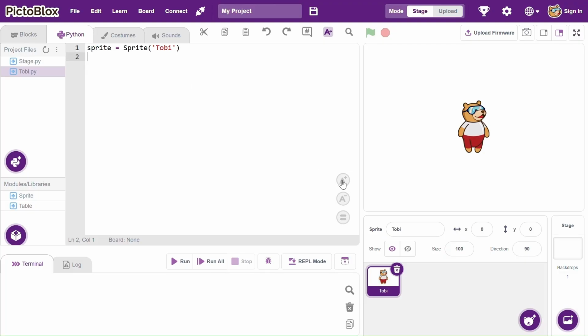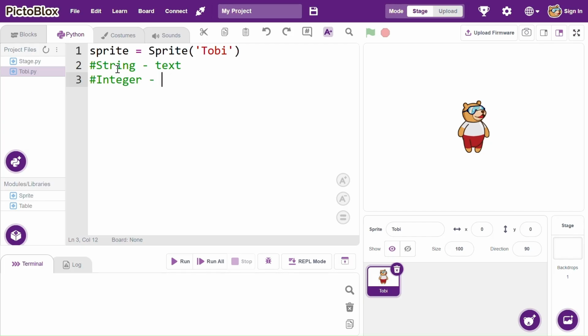So I'm going to zoom in so you can see every code I'm typing here. So I think this is enough. We looked at string, which are just text. And we looked at integers, which are numbers, negative or positive. And we looked at floats, which are decimal numbers like